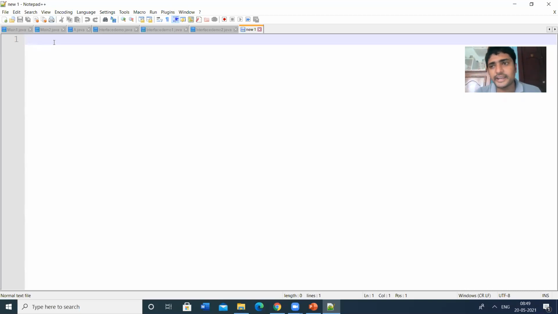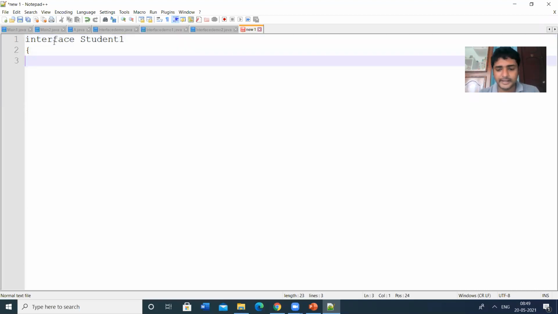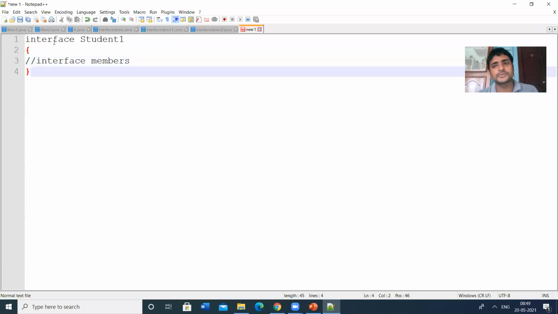If you want to define or declare any interface, we write the keyword interface, a space, and then the interface name. Suppose the interface name is student one. Then braces. Here we can declare interface members, and then close.